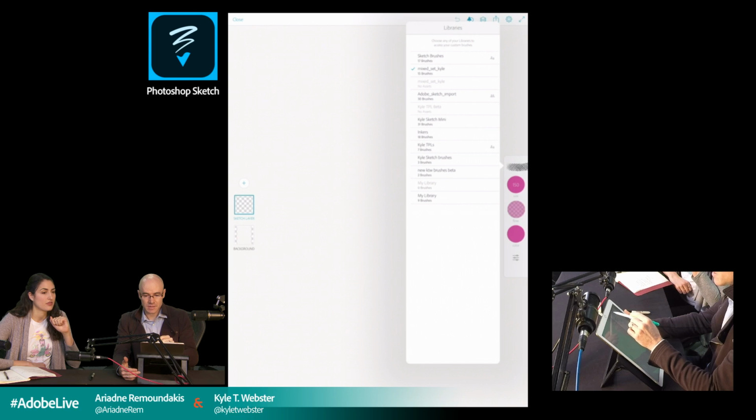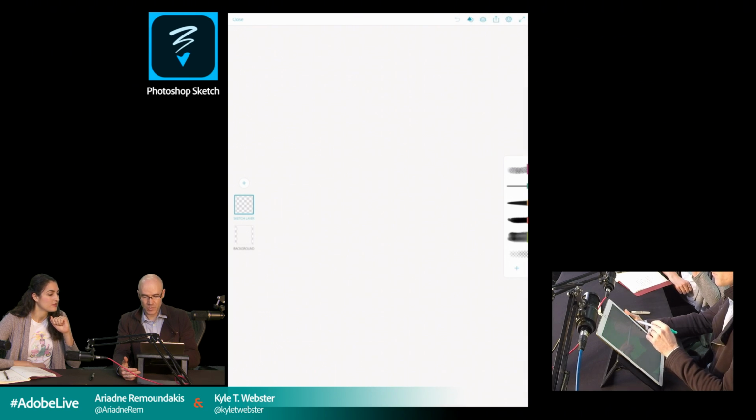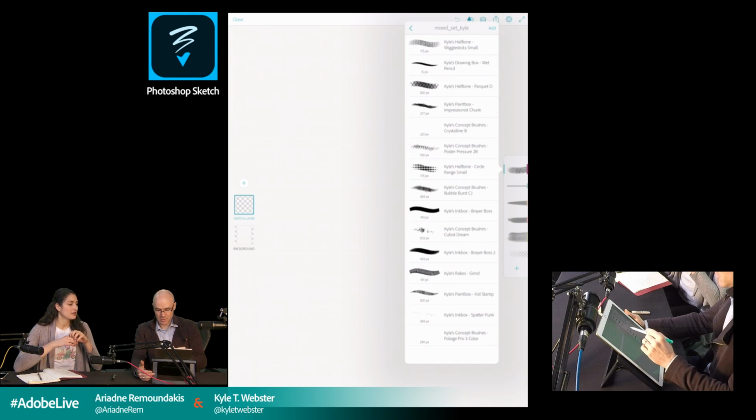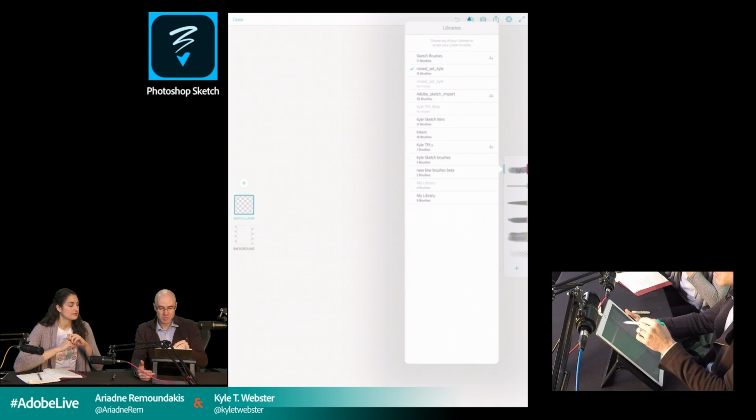I just want to, for a moment, show people what happens now. These are the brushes I just added to work with. However, because I've added other brushes recently as well, I can click on the little arrow at the top left of this menu where it says Mixed Set Kyle. Up at the top left there's a little blue arrow, and this shows me the other brushes that I had